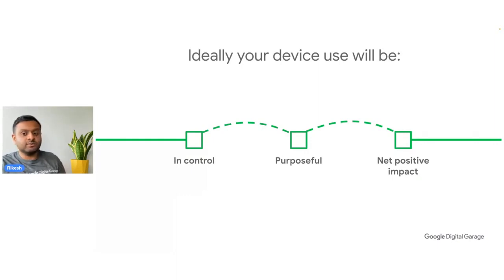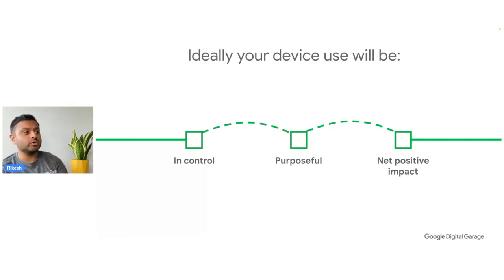We also want to make sure that when it comes to the usage of our devices, we're being purposeful with it. We're using it and thinking about certain different tasks. Some of those tasks you might have written down earlier on, and clarified, the ones that add the most value to your life, and the ones that add the least value as well. But we want to be rather purposeful. So if I'm opening up the Maps app on my phone, what's the main reason for this? I need to get driving directions to the airport, or to here or there, whatever it might be. It's there to serve a purpose.